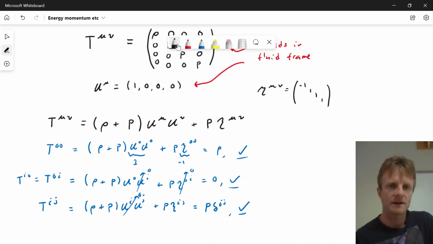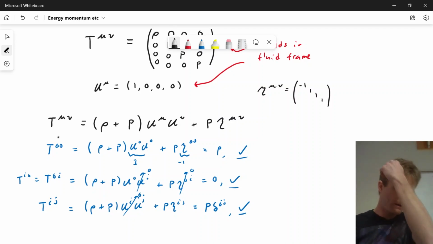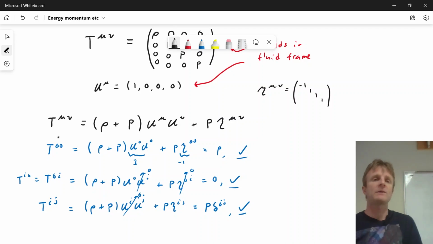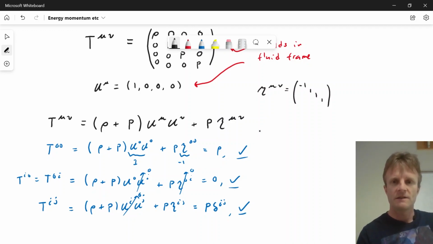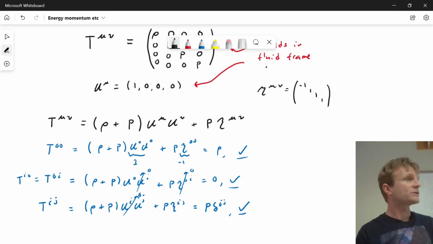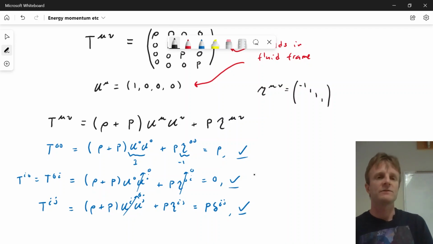Okay, so this is the kind of game we're going to play over and over and over in the course. We won't do it this thoroughly and slowly every time, and there'll be homework problems. But the name of the game is you take some set of equations that hold just in a special frame where you already have some pre-existing notion of the theory you're considering, like in this case, a perfect fluid,